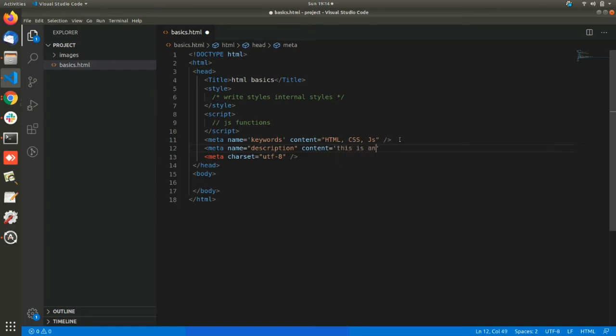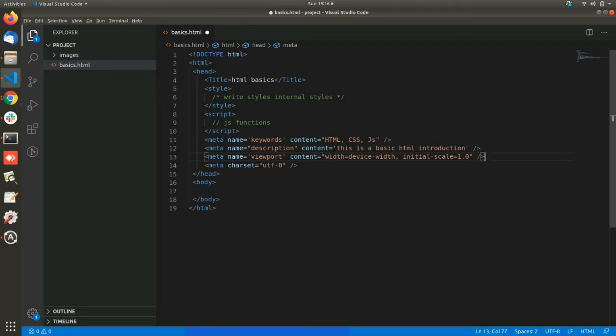This is a basic HTML introduction. Meta name equal to viewport, content width equal to device width, comma, initial scale equal to 1.0.